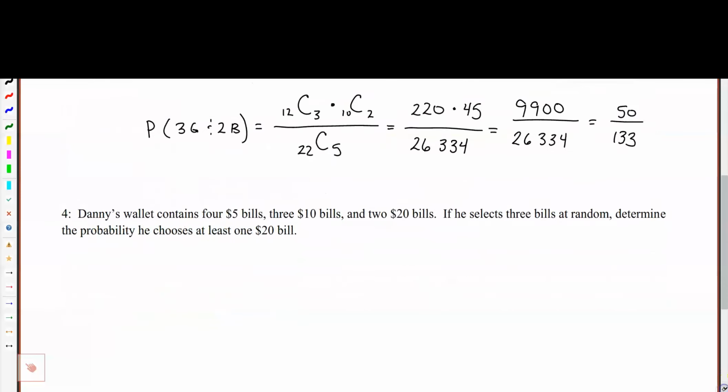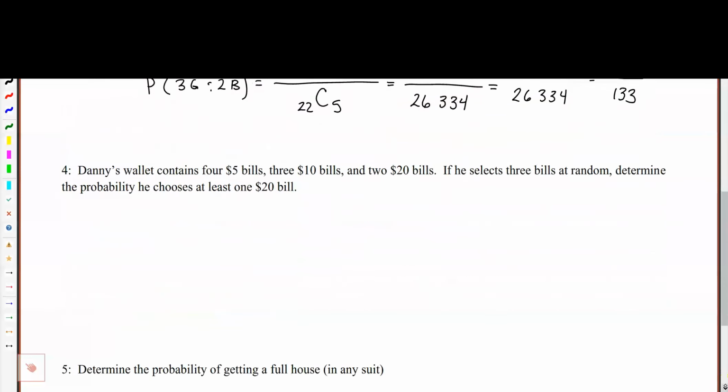In our next example, we're going to solve a probability involving the words "at least," and we'll use combinations to set this up. So it says Danny's wallet contains 4 $5 bills, 3 $10 bills, and 2 $20 bills. If he selects 3 bills at random, determine the probability he chooses at least one $20 bill. So the probability that he chooses at least one $20 bill